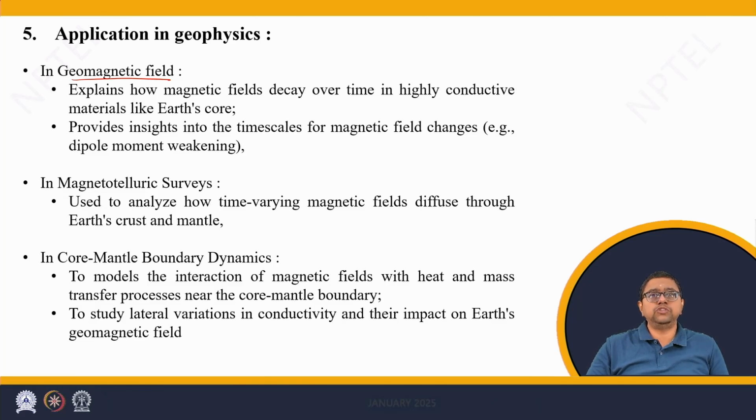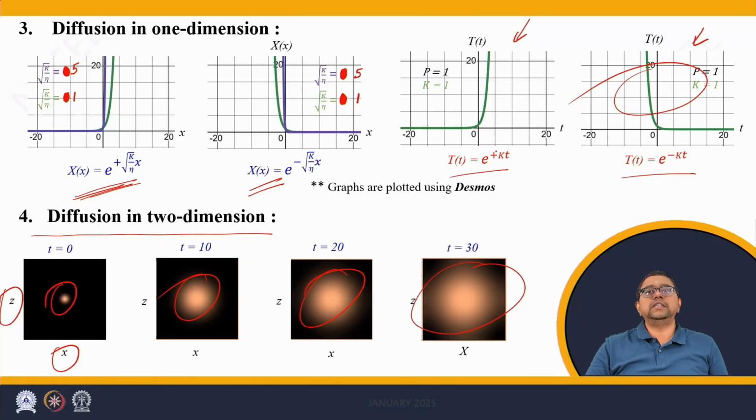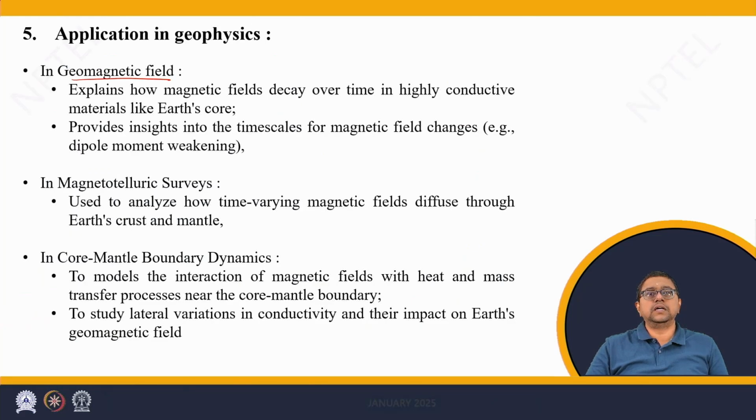The diffusion equation also provides insights into the time scales for the magnetic field decay. For example, if the magnetic field is not generated by induction and we only have the diffusion, then any strong magnetic field which is existing will decay, just like we have the decaying solution in the previous slide. This indicates the reduction in magnitude of T with time. Thus, the magnetic fields decay over time if induction is not coming into play or the velocity is small.